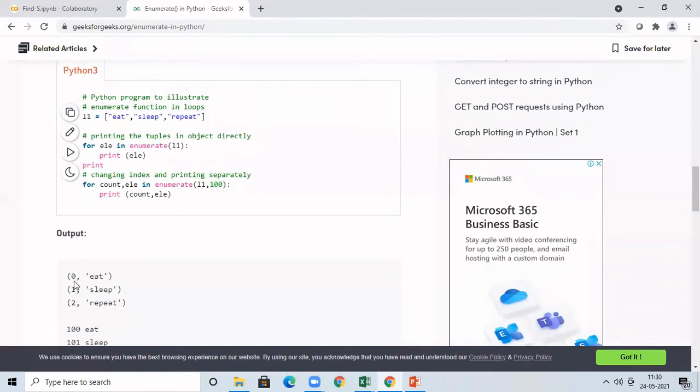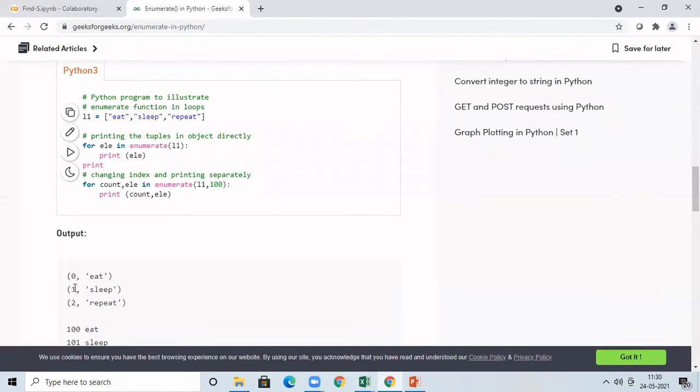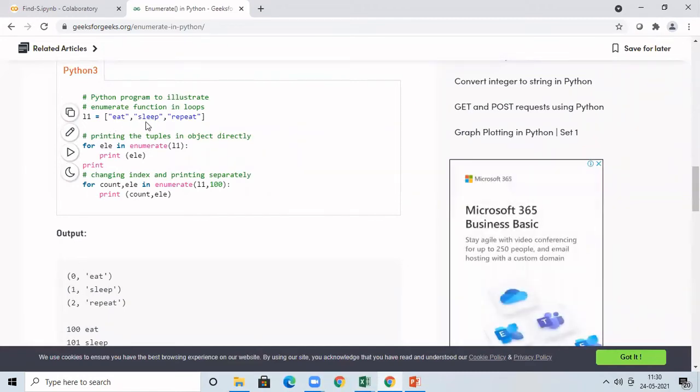So how did you get the 0, 1, and 2? We didn't supply anything. But here it is an iterable object. Iterable object means you have a collection of elements. From one element, after finishing it, you can go to the next element. You can iterate over all the elements till you reach the end. That is the iterable object. Generally for arrays, tuples, and other things, we'll be doing this.